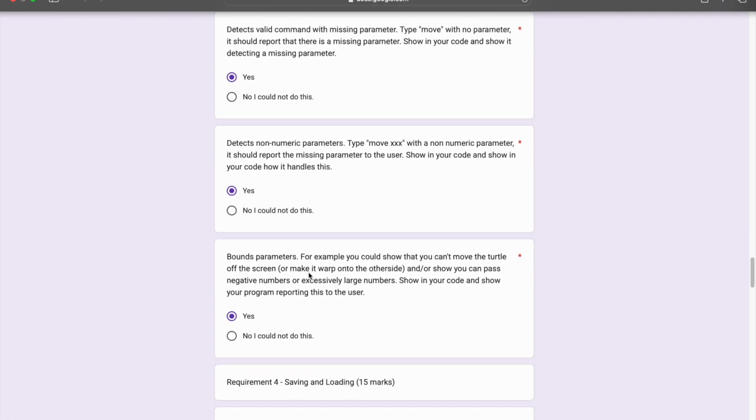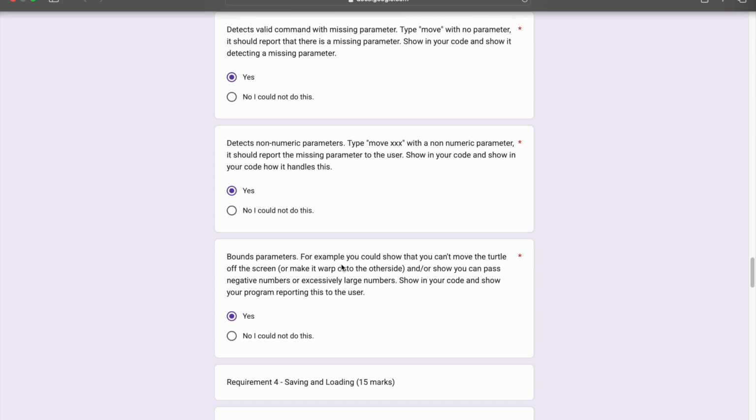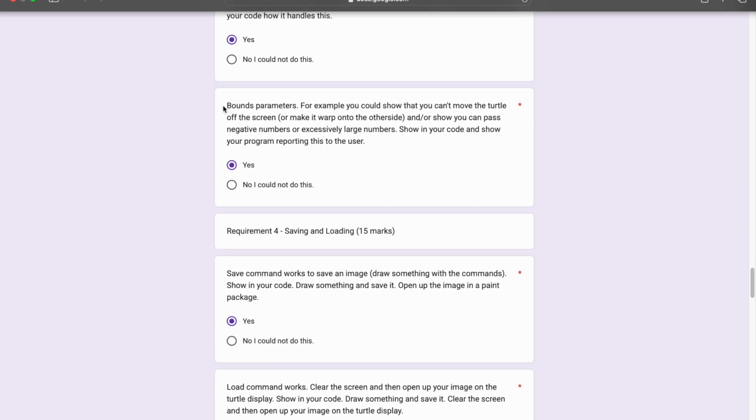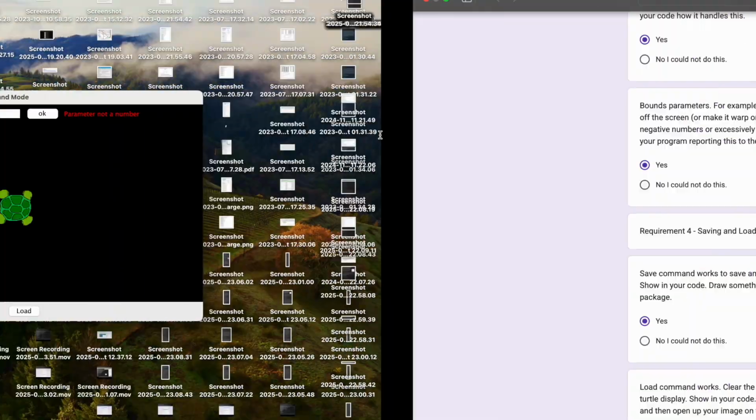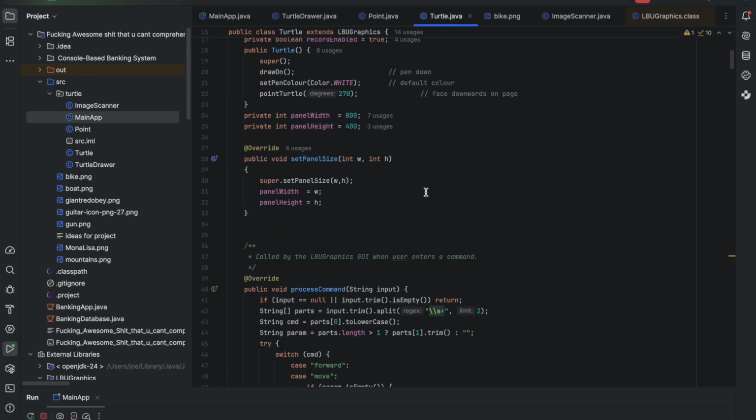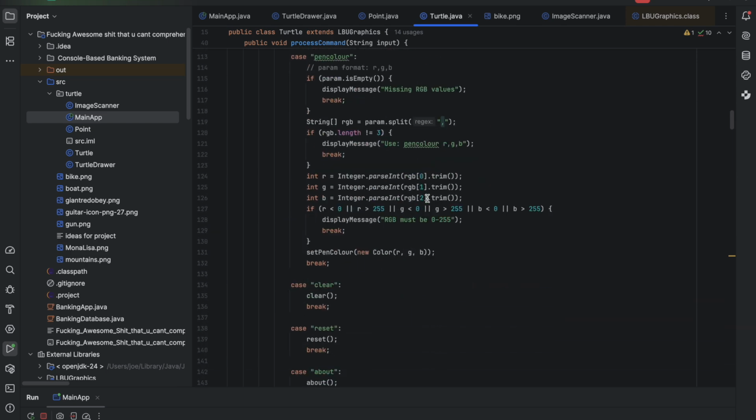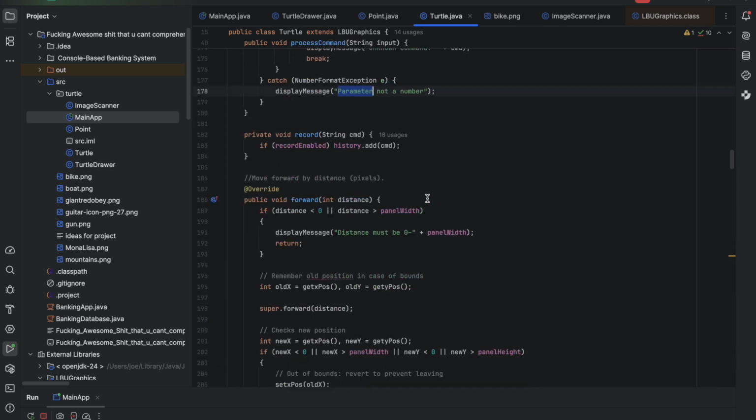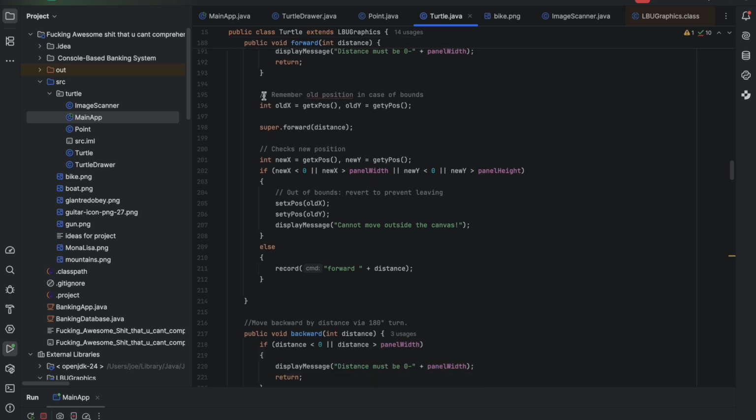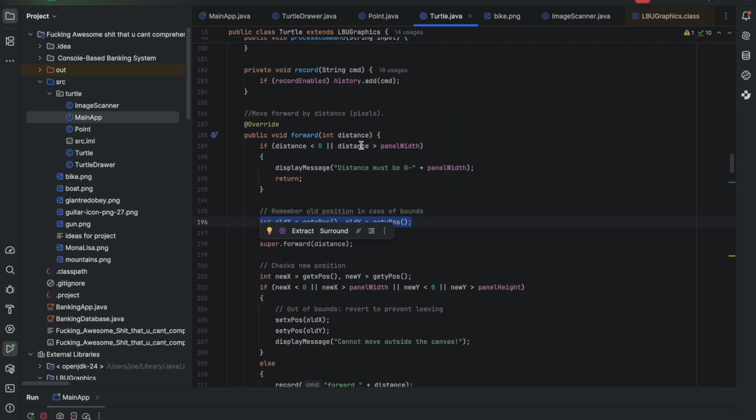I'll type move missing distance and then move XXX. Parameter, not a number. For bounds parameters, the way that I did this was, let me find it. It's not that. Yeah, so for this, I did,